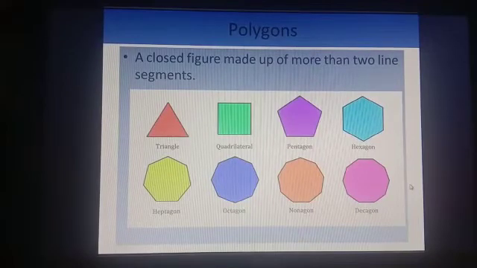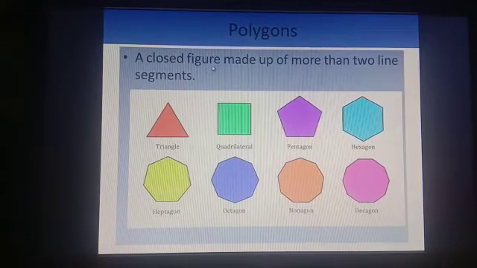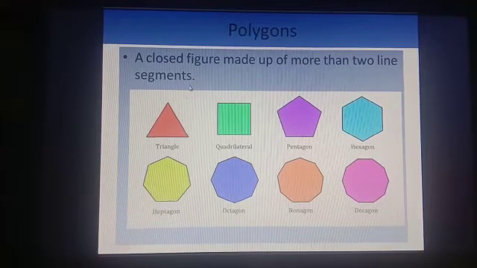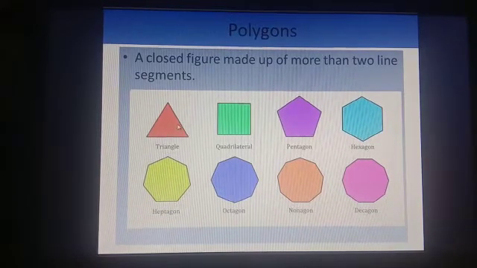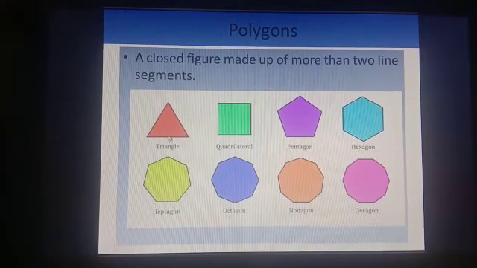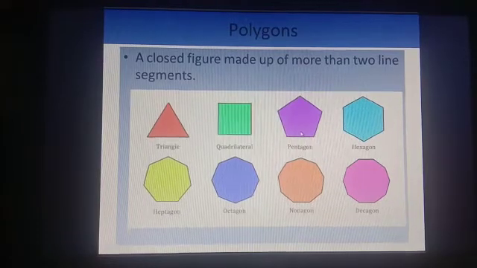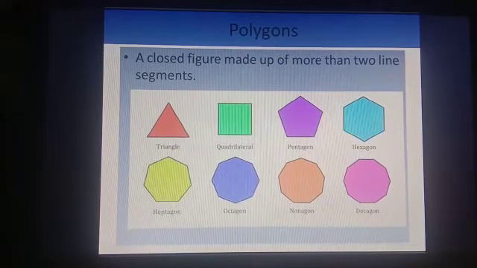Now we will discuss polygon. First see what a polygon is. A polygon is a closed figure made up of more than two line segments. More than two means there should be more than two lines, because with two lines we cannot make a closed figure. We need a minimum of 3 line segments to make a closed figure. Just you can see the triangle. A triangle has 3 line segments. So a closed figure means in a polygon the figure should be closed and it should be made up of line segments. According to the sides they have special names.